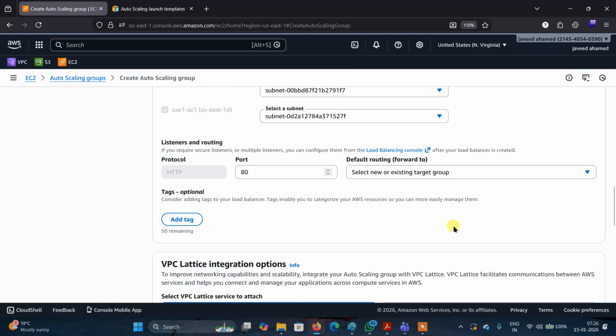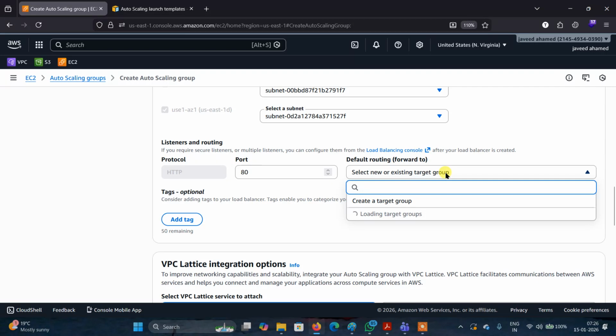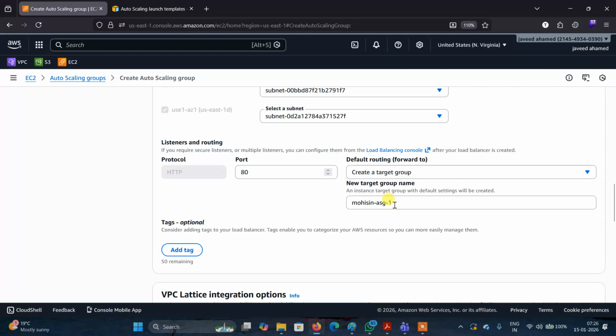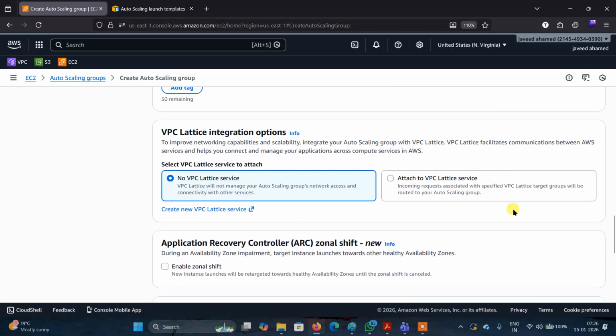Here, see this, whenever you create a load balancer, we need a target group. Click on the new target group. Okay, create a target group. That target group is automatically created. There are again two options. VPC Lattice integration options: here VPC Lattice will not manage your auto scaling group network access and connectivity with other services.